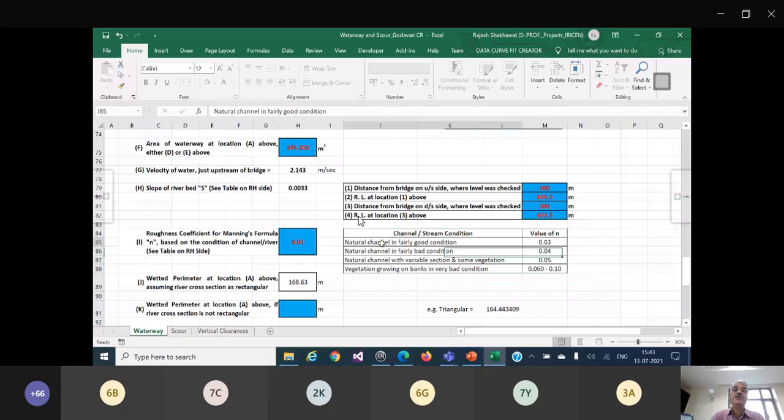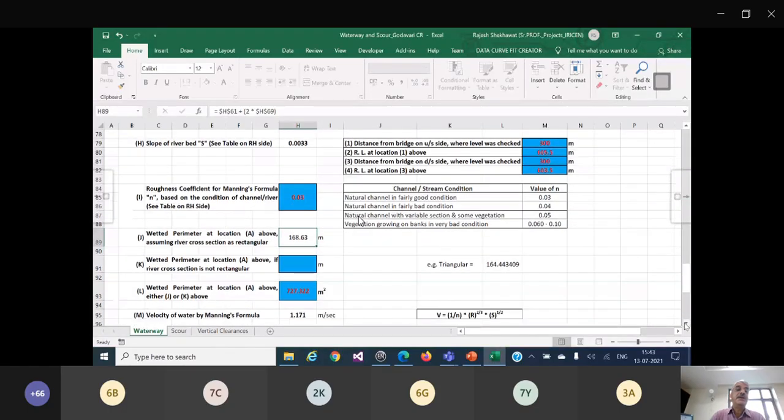So I have taken natural channel in fairly good condition, so 0.03. Then assuming it to be rectangular, it has calculated the wetted perimeter. If it is not rectangular, you can give some other, like for triangular I have calculated, or whatever you give that value, calculate from your value. And now based on this J and K, what value you are giving is this